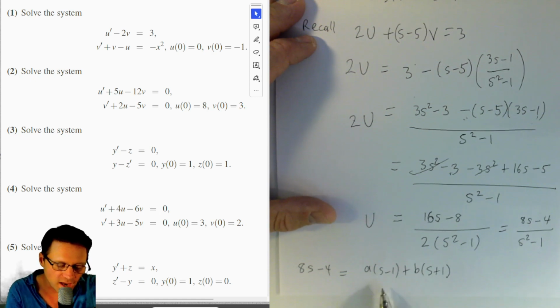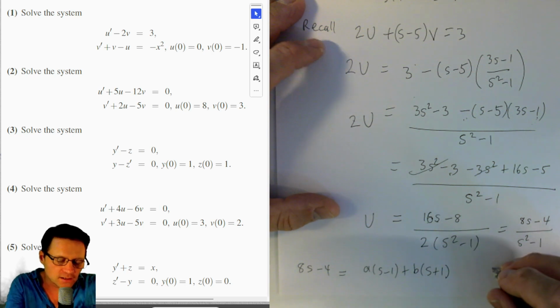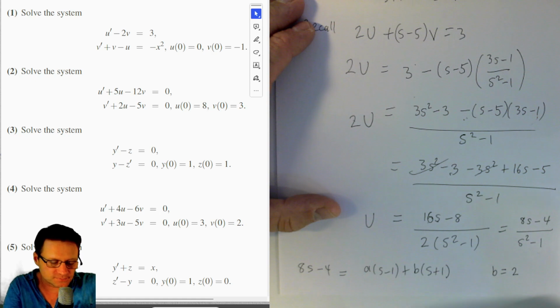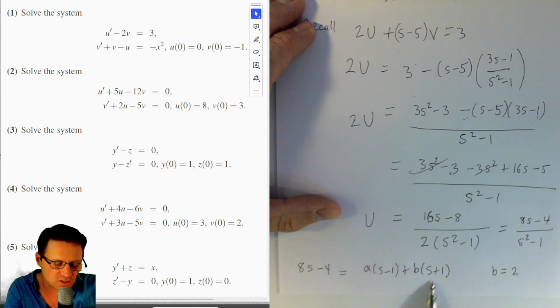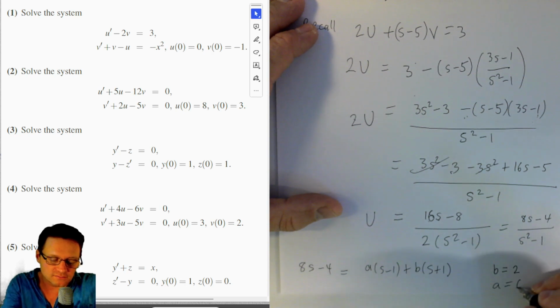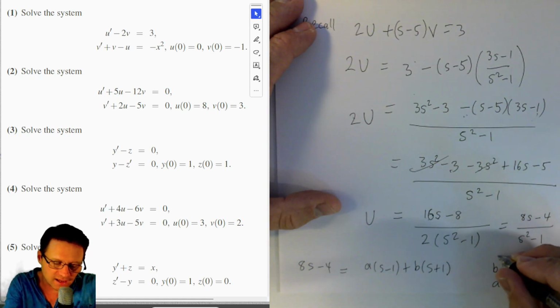Anyway, okay, so when s is equal to 1, this vanishes and we get 2b equals 8 minus 4. So b is 4 over 2, which is 2. And then when s is minus 1, this vanishes. We have minus 2a here, and we have minus 12 here. So minus 12 over minus 2 is 6. Okay, and so now we've got that this up here can be expressed as